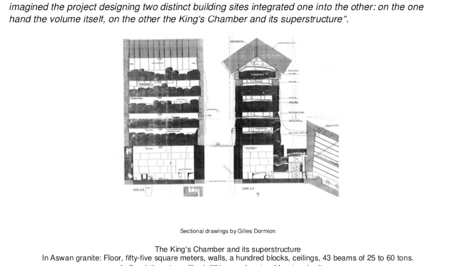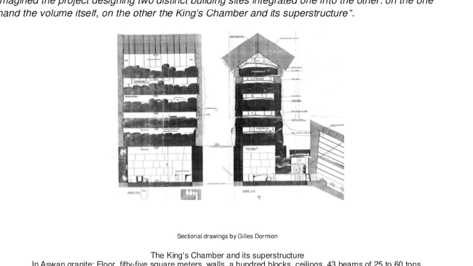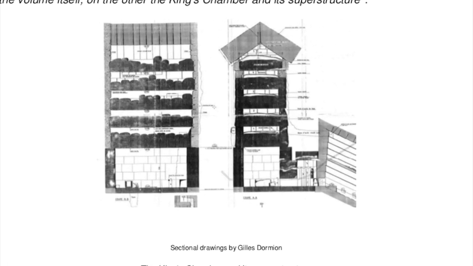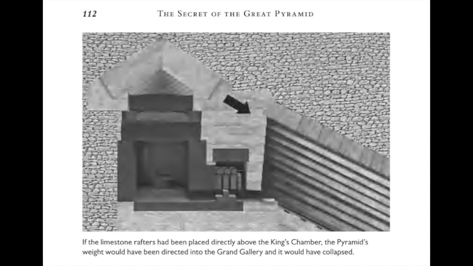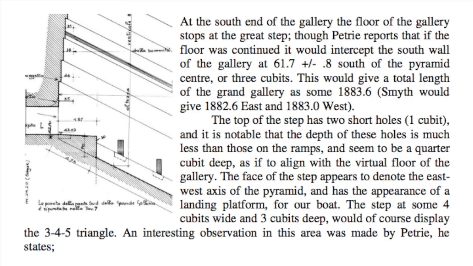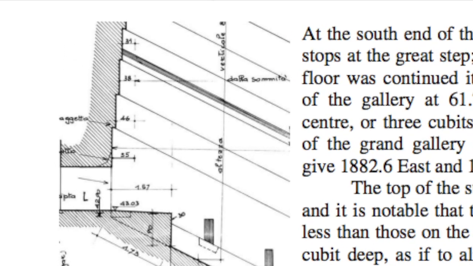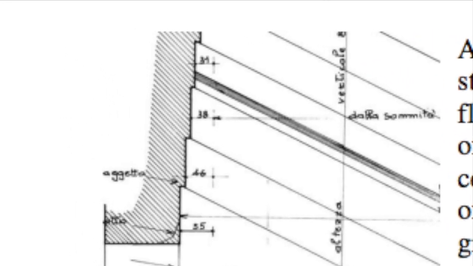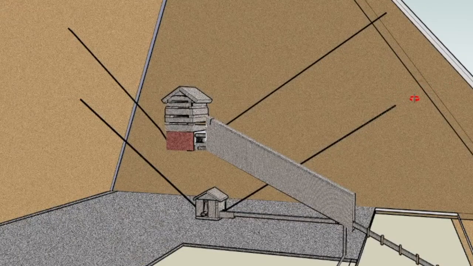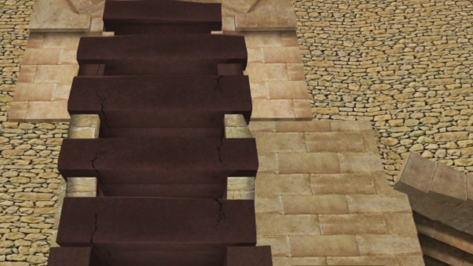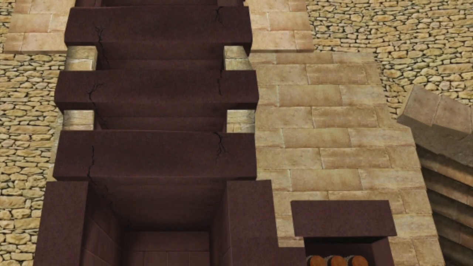Why then create this system of relieving chambers at all? In a roundabout kind of way, these were required because of the grand gallery. If the huge limestone V-shaped roof was placed above the king's chamber first ceiling, or indeed if it took the place of the king's chamber granite ceiling, then the additional forces that the ceiling is deflecting away from the king's chamber would instead be aimed in part at the grand gallery, which could not withstand such additional force and would inevitably collapse.